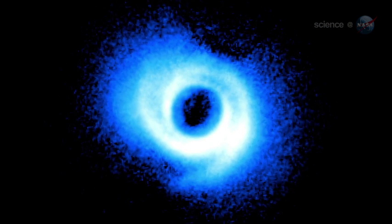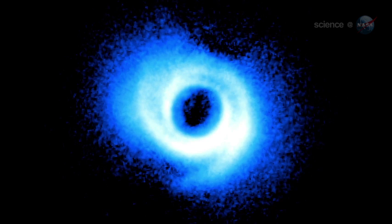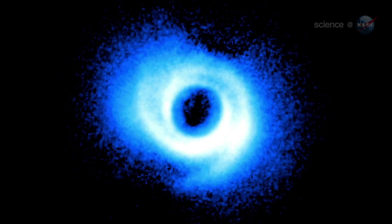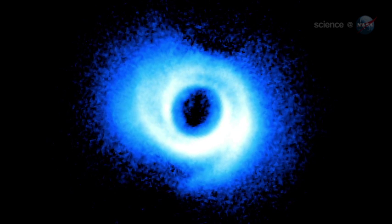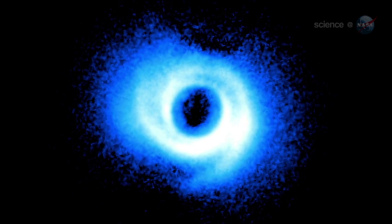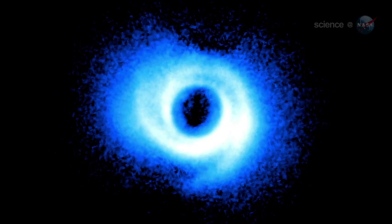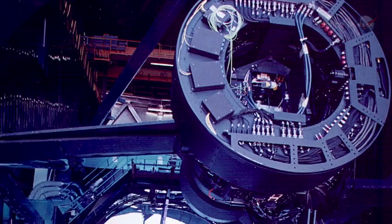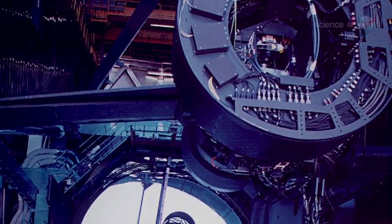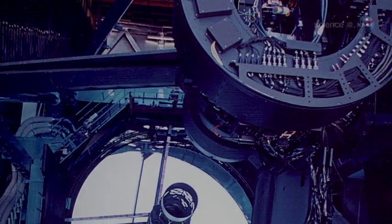Theoretical models show that a single embedded planet may produce a spiral arm on each side of a disk. The structures around 462, however, do not form a matched pair, suggesting the presence of two unseen worlds, one for each arm. Grady's research is part of a 5-year international study of newborn stars and planets, using the giant 8.2-meter